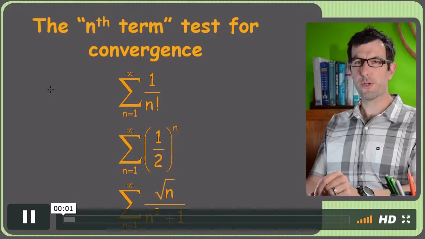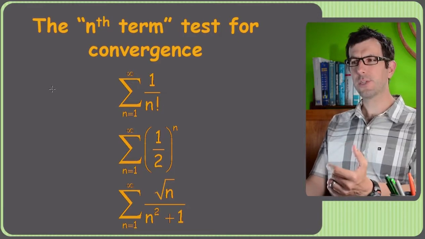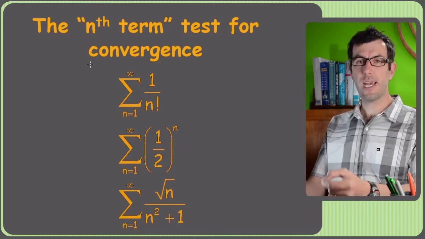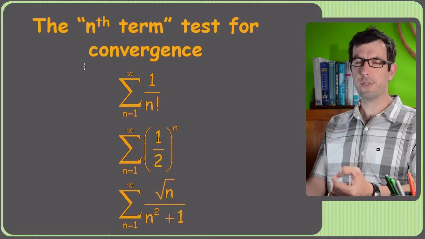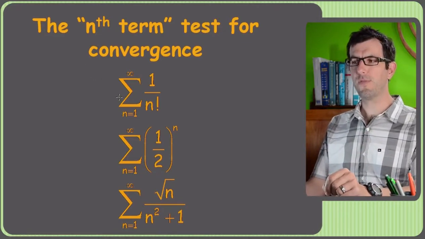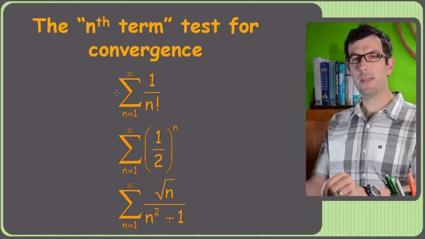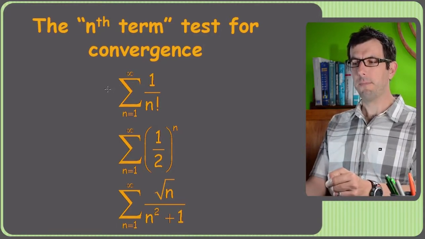All right, the nth term test for convergence is our first test. It turns out it's not actually a test for convergence, it's a test for divergence. So the basic idea here is that you can figure out if something diverges just by looking at the limit as the terms approach infinity. I mentioned this quite a bit in the intro video before this, so I'm going to blow through this pretty fast. But the basic idea is that